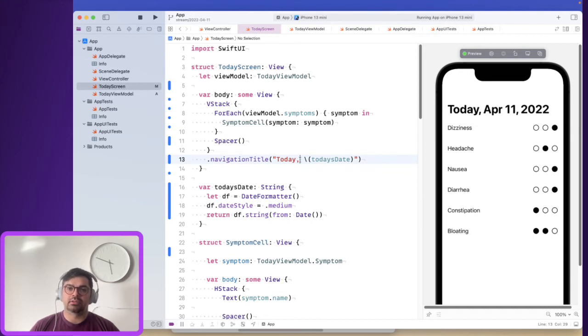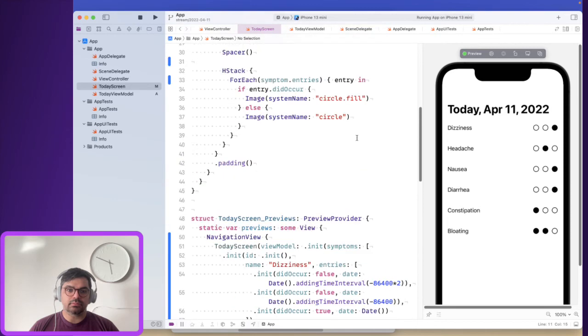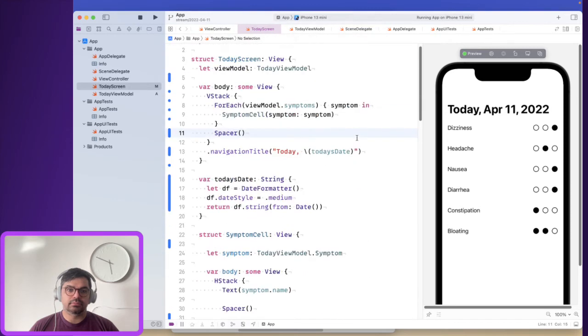Looks okay. Where there's all this space up here. Okay. Well, next